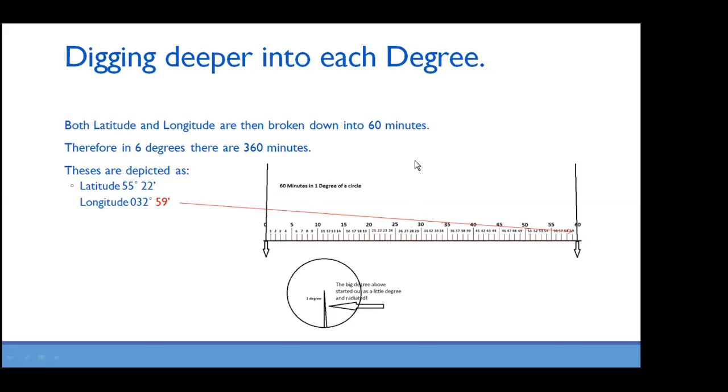If it's longitude, it's still exactly the same. I've just given an arbitrary number of 032 degrees. 59 would then sit right at the edge of 60. You would never have either of them saying